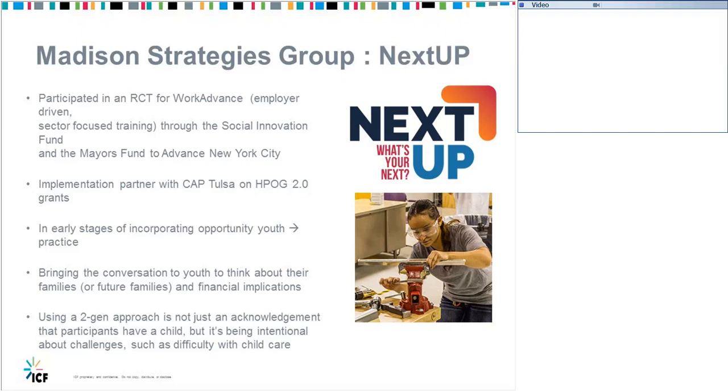And they have age-appropriate activities for the children that are similar to what the parents are doing. So a 6-year-old might do a coloring page about a machine if a parent is learning machining. So the child leaves with something that's tied to that career and can feel really engaged in what the parent is doing. So that I found really kind of an interesting program. And like I said, they're just in the early stages, but they're using a lot of innovative ideas and building off of what we know about serving opportunity youth and what we know about the 2Gen model.